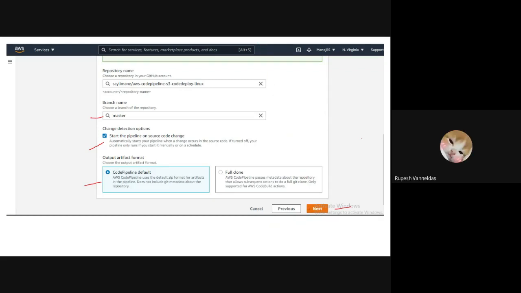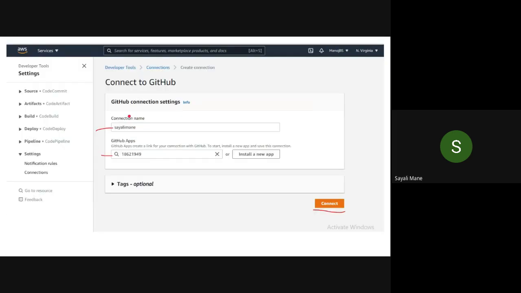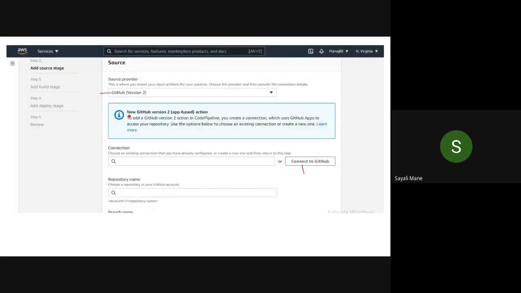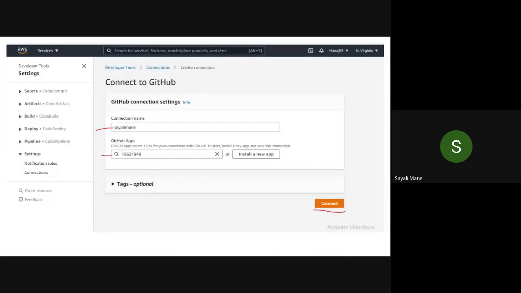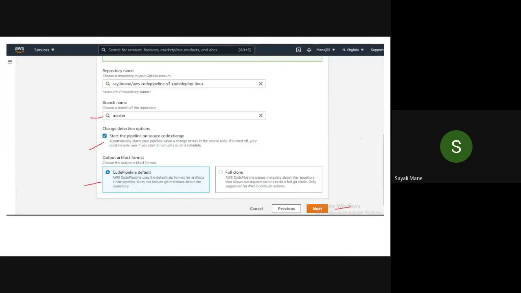Ma'am, I'm still not getting that option in my drop down. Okay, so can you repeat the whole process once again? I think you know. You have to just create the pipeline and then the GitHub account connection, this one. You simply refresh the AWS CodePipeline account. Shivam is also not getting it. Can you just refresh the AWS pipeline page? Yes, ma'am. I'm creating the pipeline again. So please do the steps.